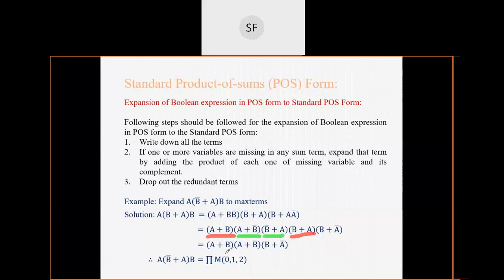So this is the final representation. And now you have to find out which min terms, which max terms are present. So since it is not complemented, you can collect 1 1. 1 1 is nothing but max term equals to 2. This becomes 1 0. Sorry. This should not be complemented form. We are discussing POS, okay? So for POS, what is our strategy?